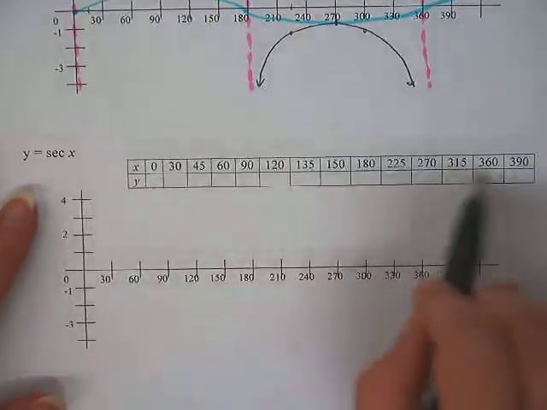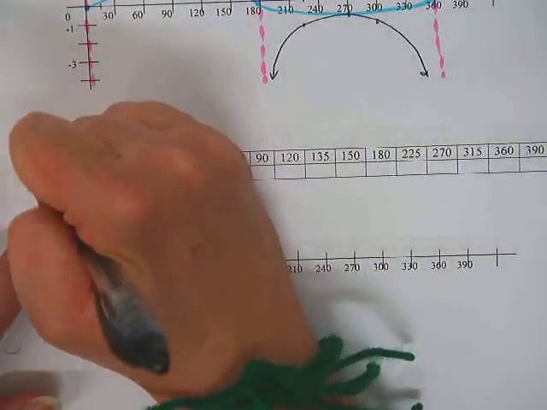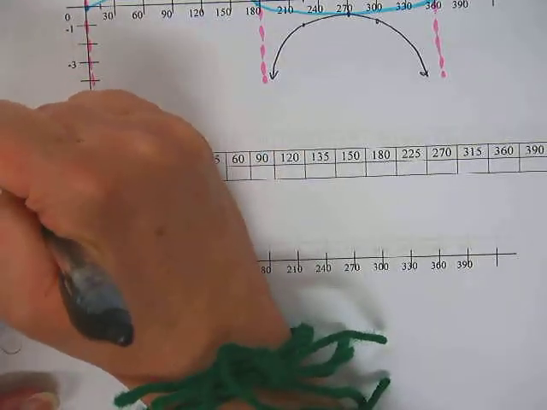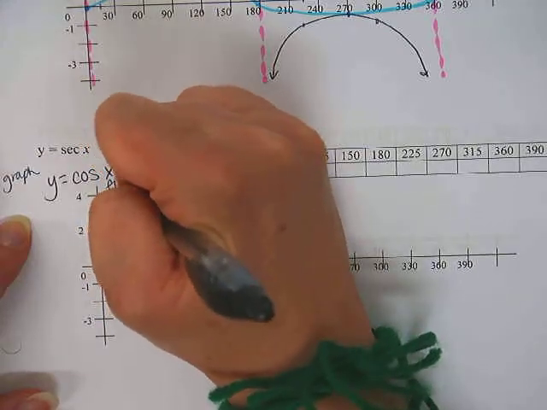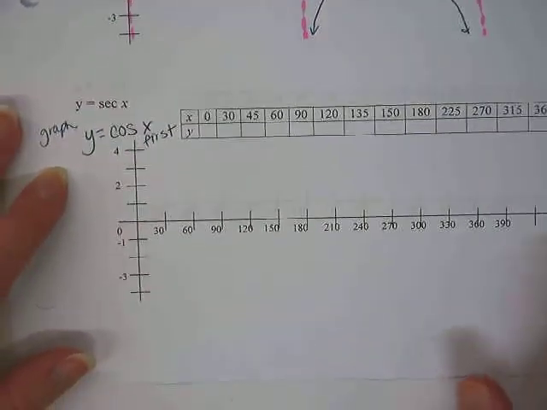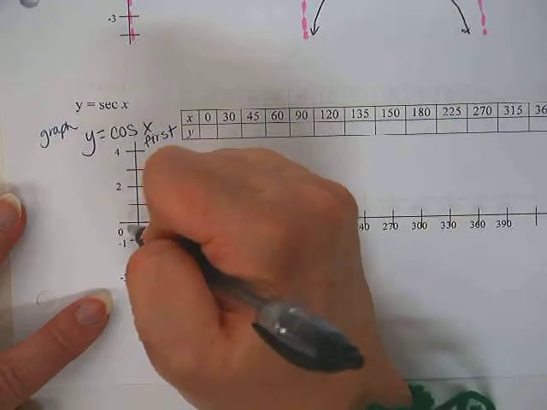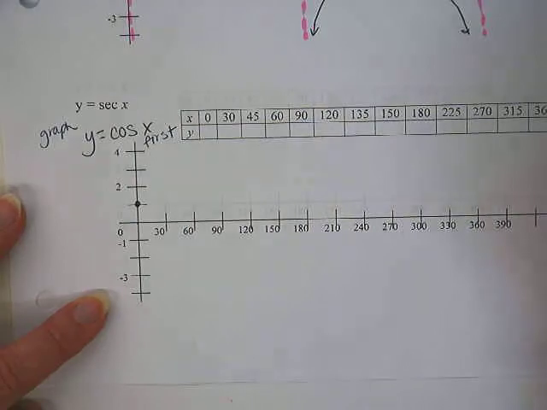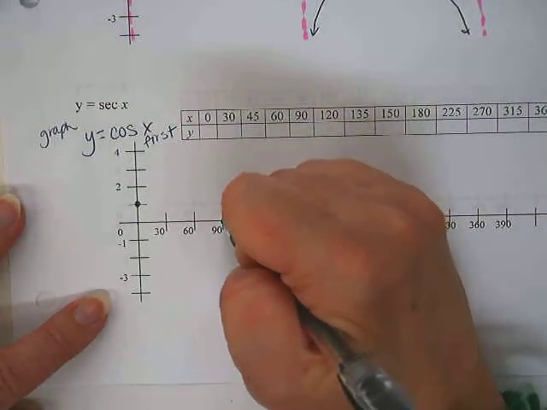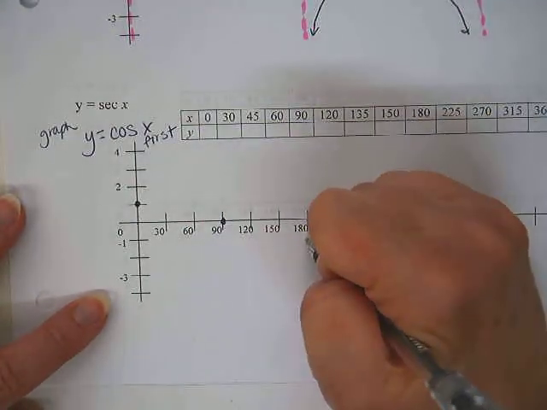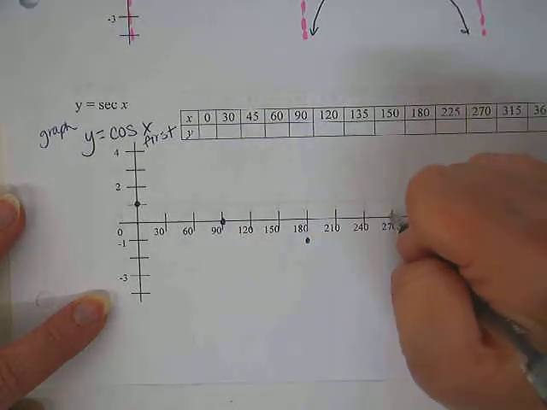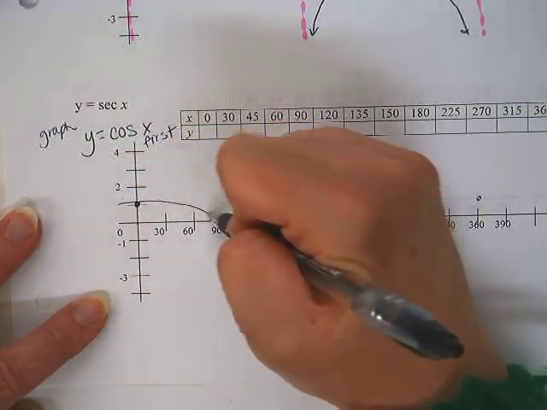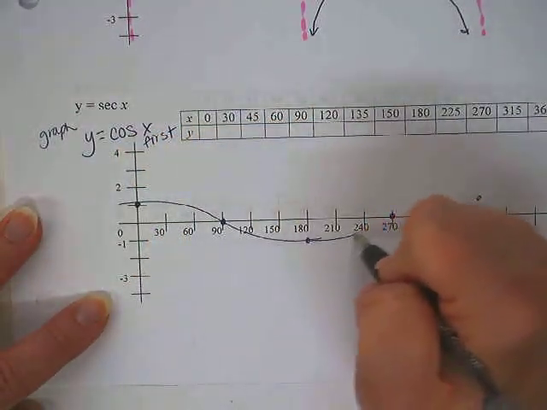So instead of using the table on this one, let's do it using the graphing method of graphing cosine first. So graph this thing first. We've learned how to graph cosine. How is that going to look on here? At 0, it goes through 1. At 90, it goes through 0. At 180, it goes through -1. At 270, through 0. At 360, through 1. So if we graph that graph first,